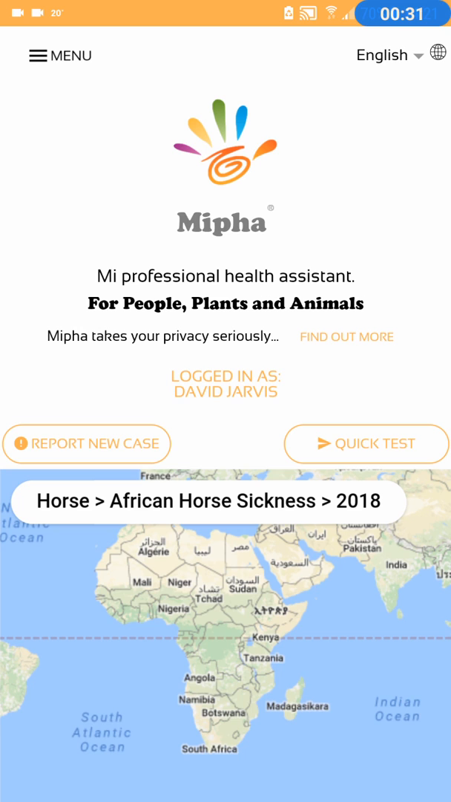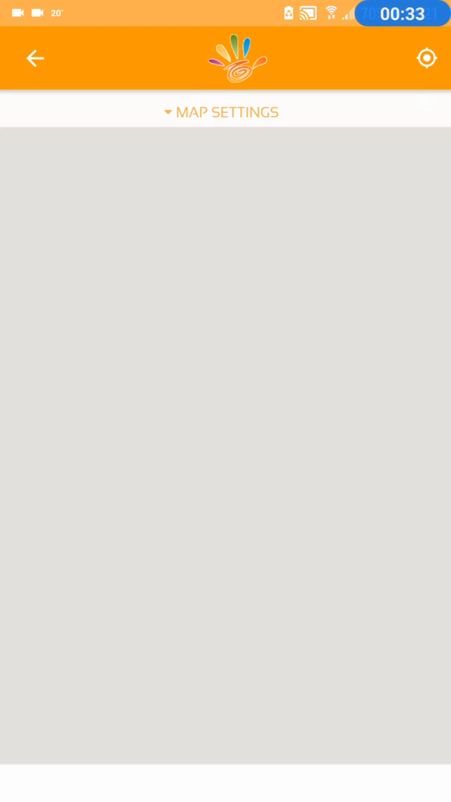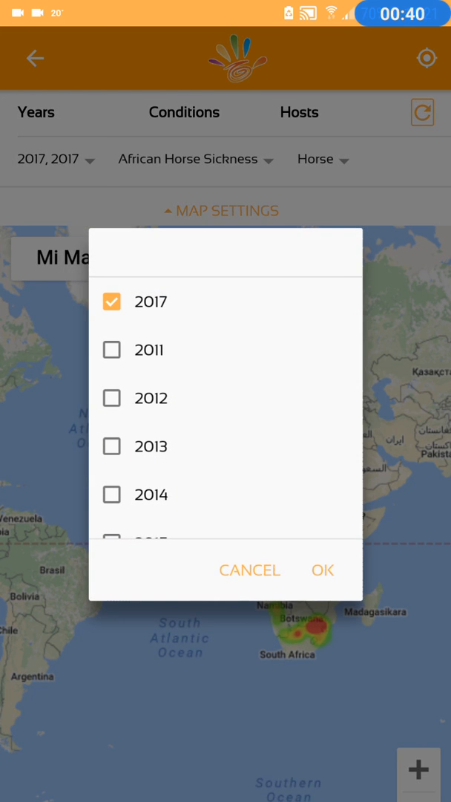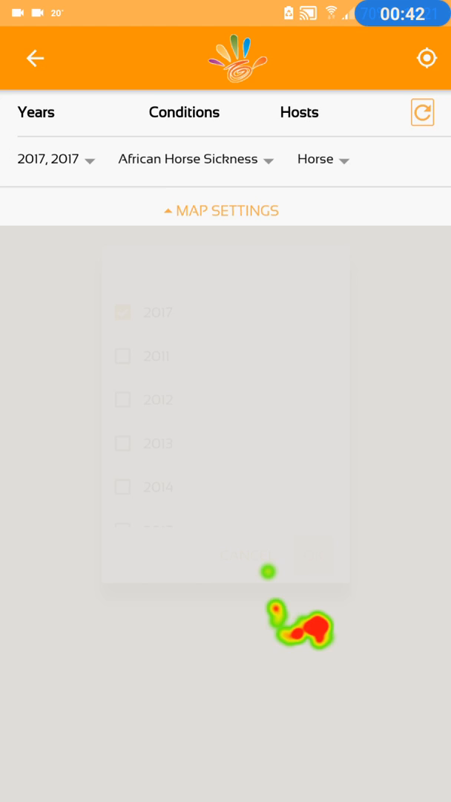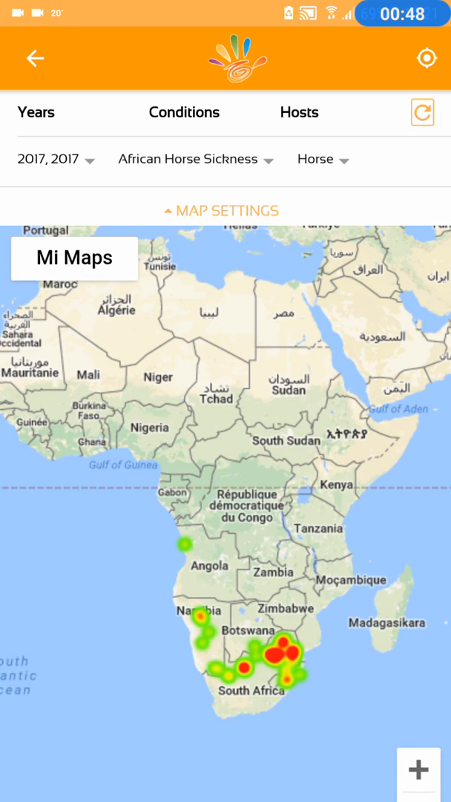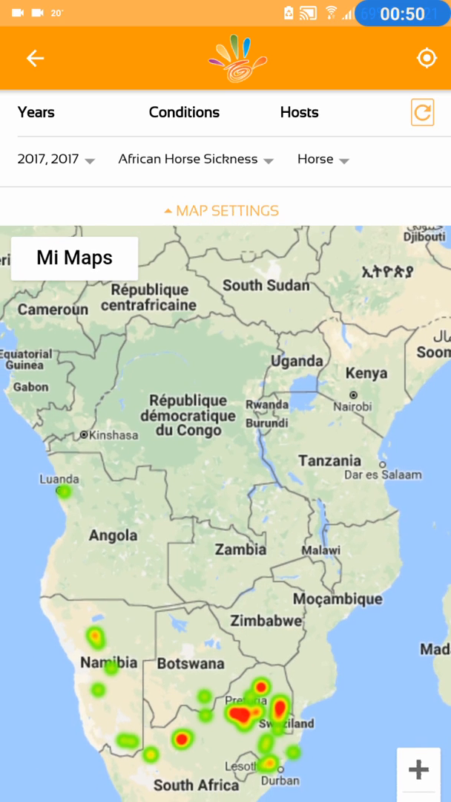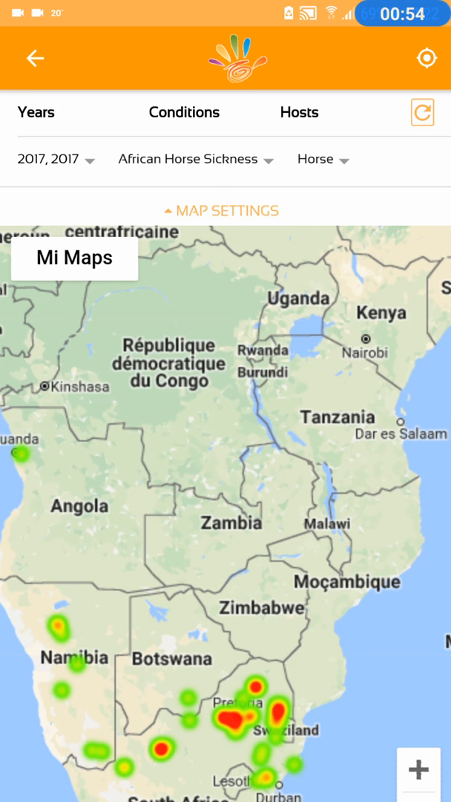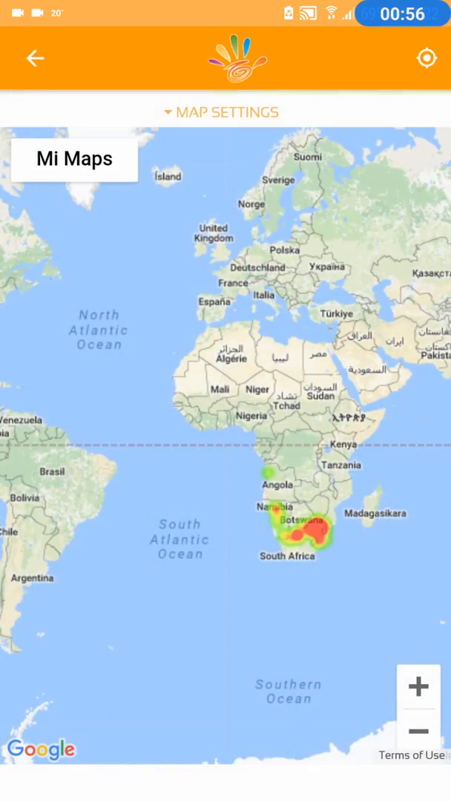data displayed here is actually the 2018 data. There are no cases yet for 2018, so I'm going to change this to 2017. There are a few bugs with the map, but now we can see the 2017 data on the map. We can zoom in and get information on exactly where the various cases are. Moving back to the dashboard,